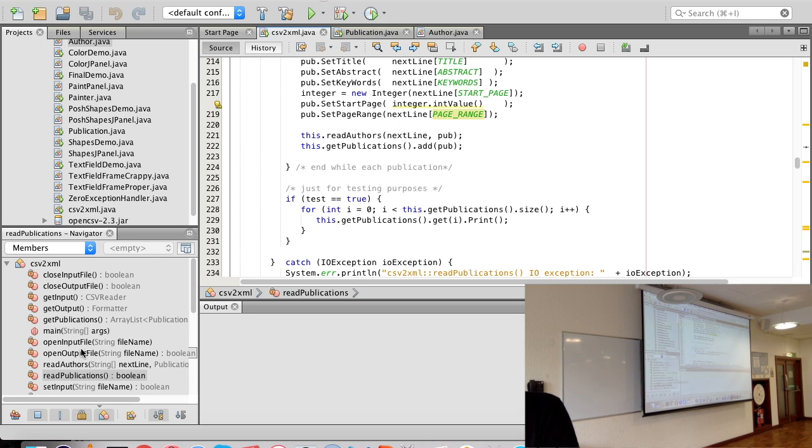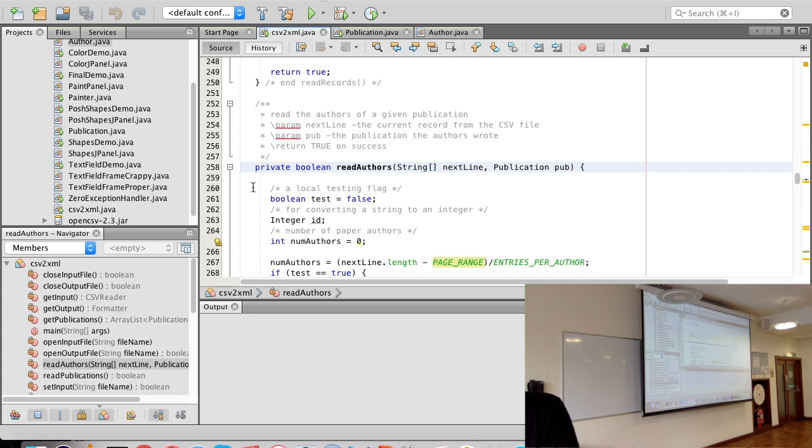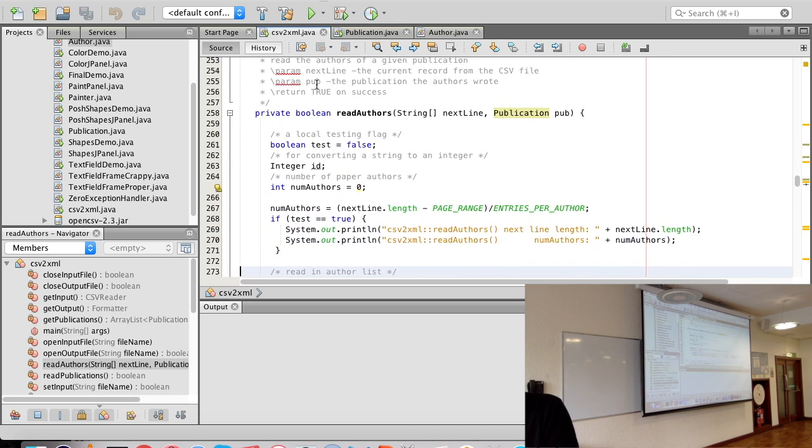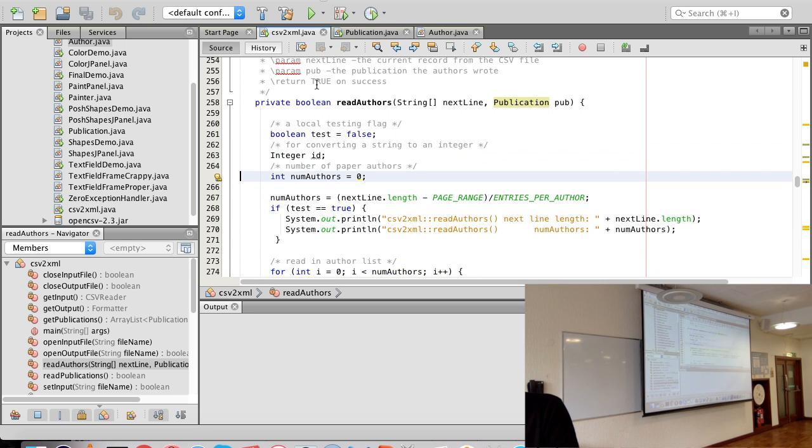And we look at the read authors method. Read authors has a reference to the next line, and it has the current publication that we're adding the authors to. And it's been Javadoc'd, so it's pretty clear: the current record from the CSV file and the current publication the authors wrote. We have our local testing flag. We have the integer object again. We don't know how many authors there are. So